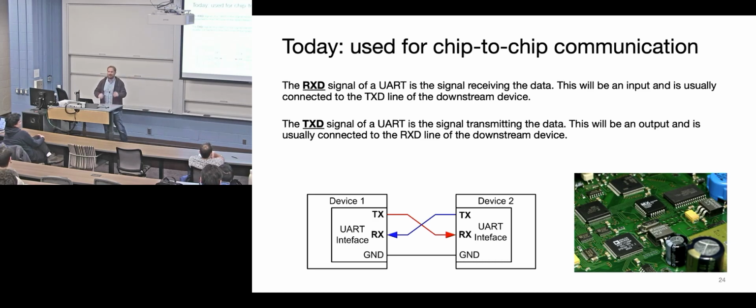One of the problems is that there's no guarantee that the clocks on the two devices are perfectly the same. There's no guarantee that the internal clocks doing the sampling are the same. And so you can't measure one time and then thousands of bits later assume it's going to be sampling right in the middle of those bits anymore. So it enforces that your bit size is relatively small. It's why you get 8 bits, maybe 9 to 10 bits. That's about as big as a UART packet usually is.